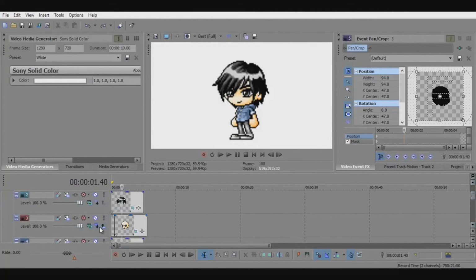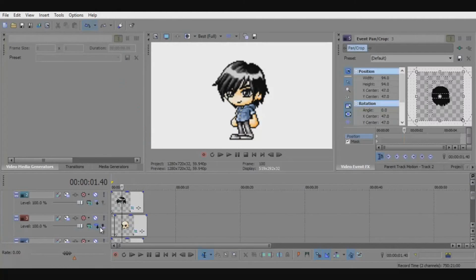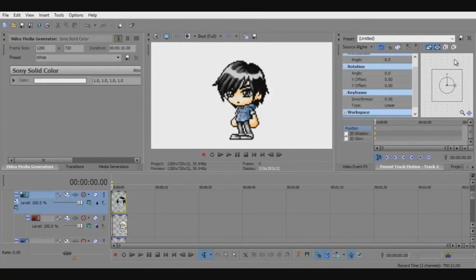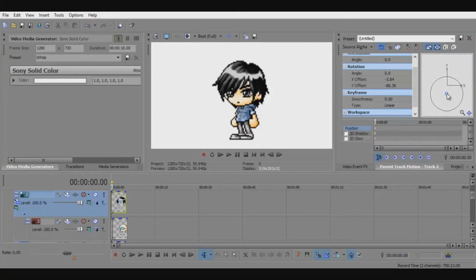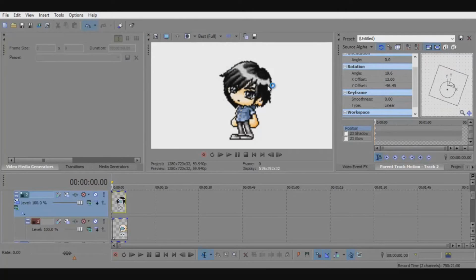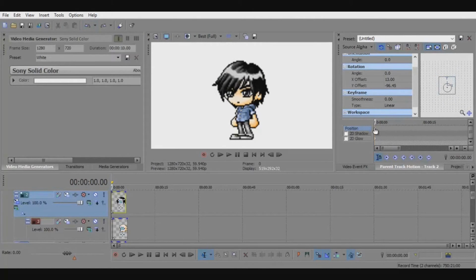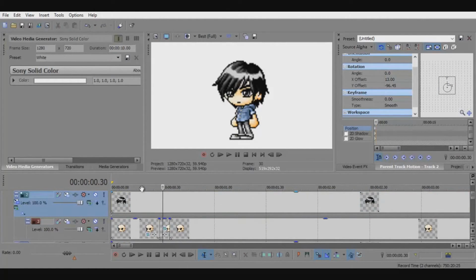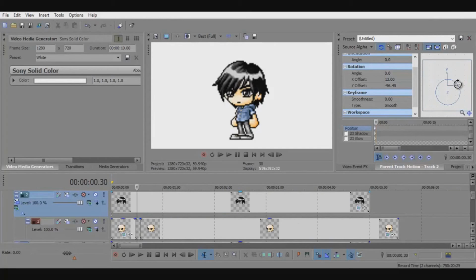I'm going to make this a child of this layer, so we can make a mini parent track over here. That way we can control the head all together. So first, you're gonna have to find a nice anchor point, and you're gonna have to make the anchor point go down, and I think I found mine. So I'm going to make the first keyframe smooth, and I'm going to make the second keyframe, which is the keyframe that will be moving, maybe looking up maybe,